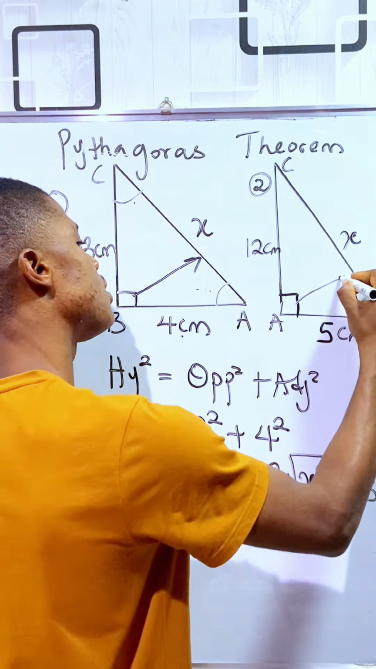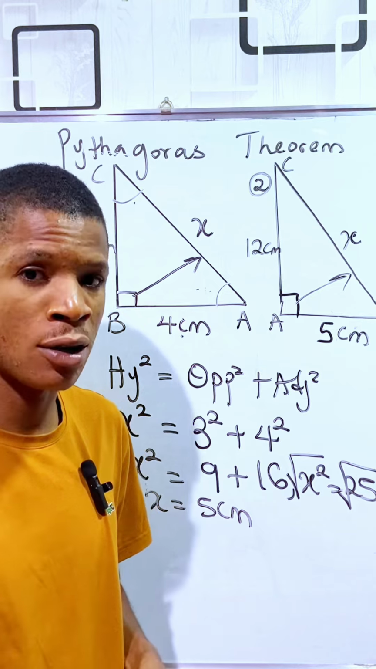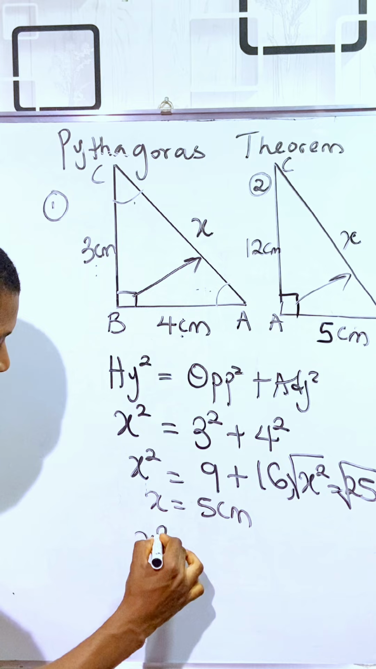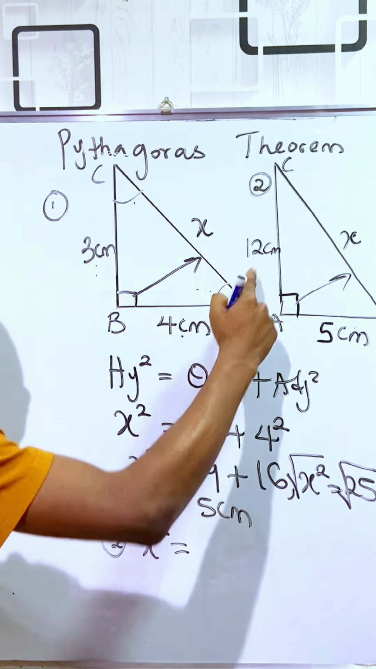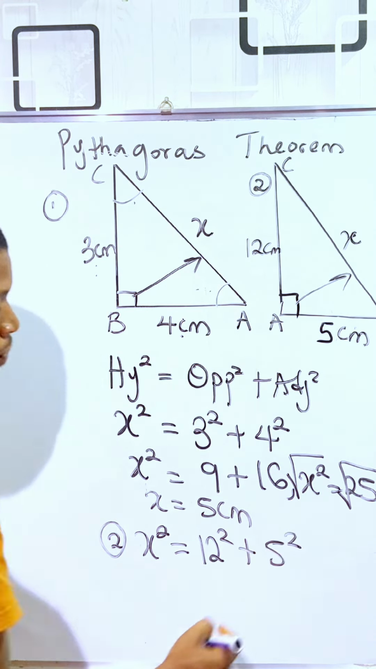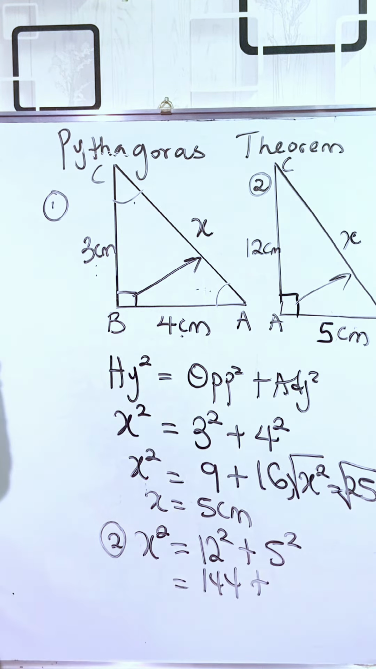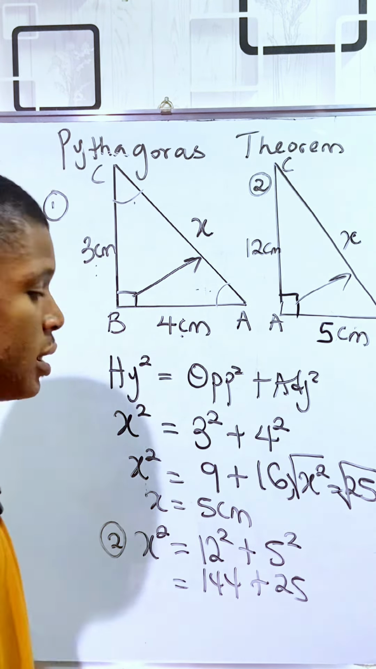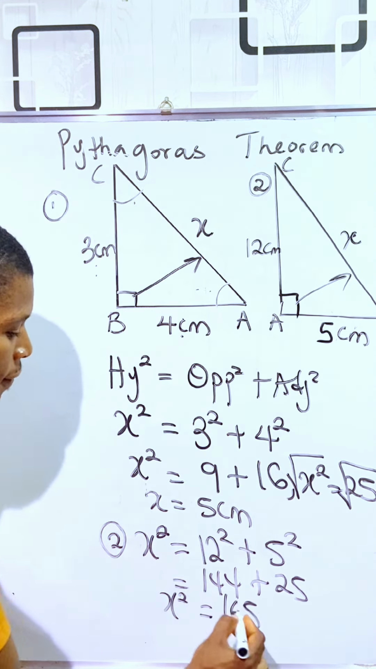Observe the hypotenuse is always the longest side and it usually faces the right angle. So the hypotenuse is x. We have x squared for number 2 here is equal to opposite 12 squared plus the other side 5 squared. 12 squared is 144 plus 5 squared is 25. When you add 144 to 25, you see that x squared is equal to